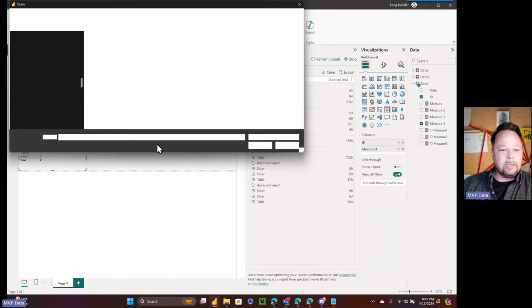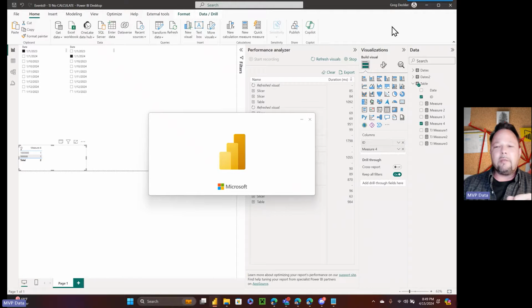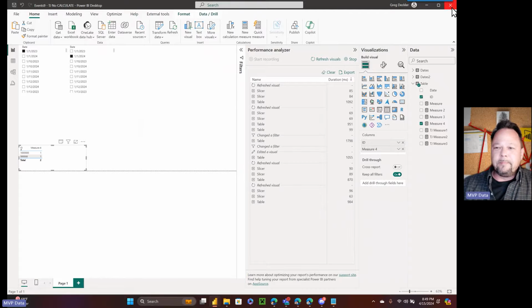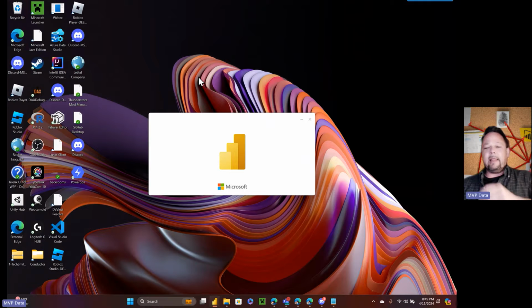So let's go ahead and bring up this. If the no calculate haters just skip to the end part of this, that's the part you want to watch, so you can say, yes, we were right all along. No calculate sucks and it's terrible, right? No, we won't say that. All right, last loading screen we got here.